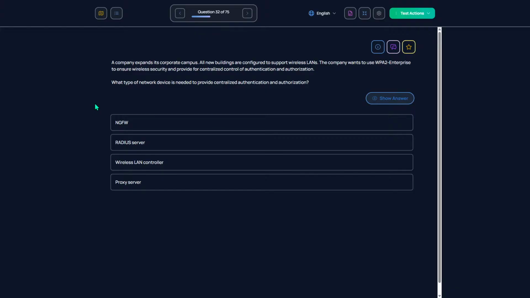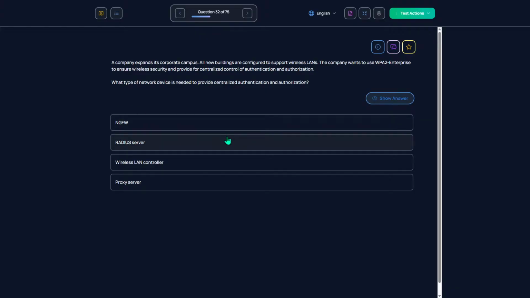A company expands its corporate campus. All new buildings are configured to support wireless LANs. The company wants to use WPA2 Enterprise to ensure wireless security and provide for centralized control to authenticate and authorization. What type of network device is needed to provide centralized authentication and authorization?